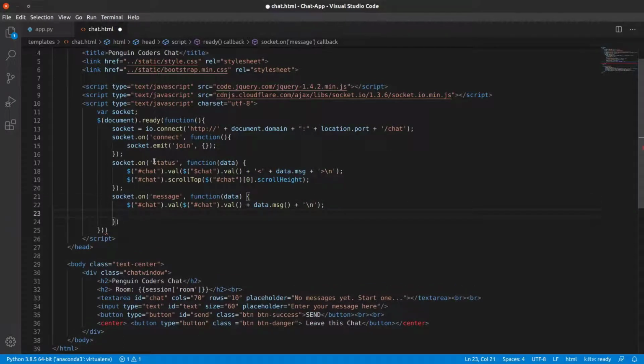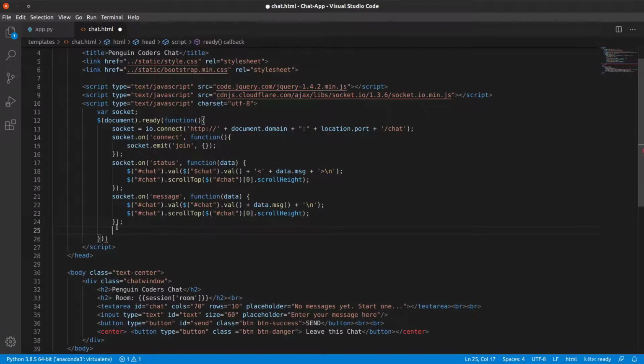So this status is for the time when a user joins or leaves the room. Then we display this data.message in angular brackets. Otherwise, we will display the whole chat message without angular brackets. And then again, we will scroll it to the top. So copy this line and paste it here.